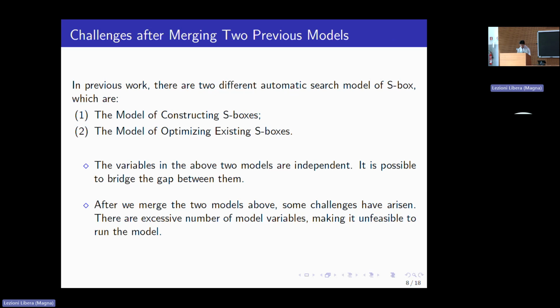And next, in the previous work, there are two different automatic search models of S-box, which are the model of constructing S-boxes and the model of optimizing existing S-boxes. We found that the variables in the above two models are independent. So it is impossible to bridge the gap between them. So by merging the two previous models,